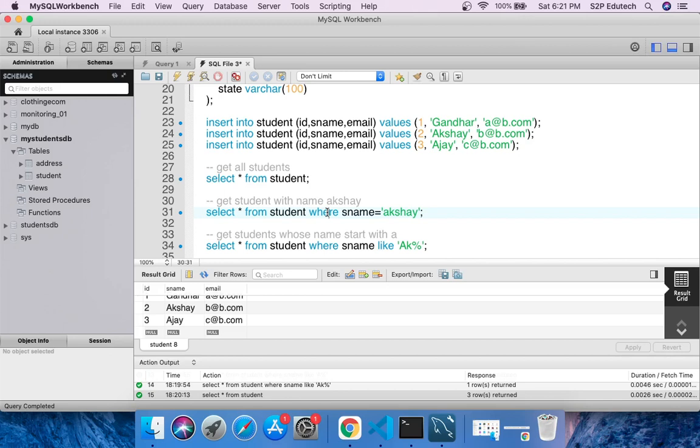For example, all of you might have used the Zomato app. In the Zomato app we have that search field, and in that search field you can type in the name of the restaurant, and only those restaurants which match that name appear.